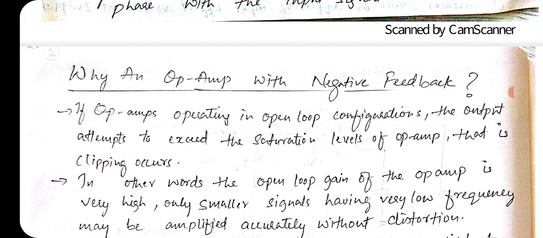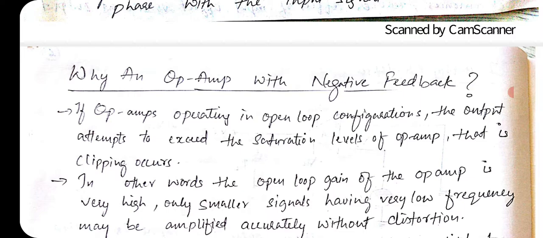Now, when a feedback is connected, it can be a positive feedback as well as a negative feedback. Feedback means when the output of the op amp is connected to the input. If the output is connected to the inverting terminal, it is called negative feedback, because the inverting terminal has a polarity of minus. If we connect the output of the op amp to the non-inverting terminal, then this becomes positive feedback. Positive feedback and negative feedback are different.